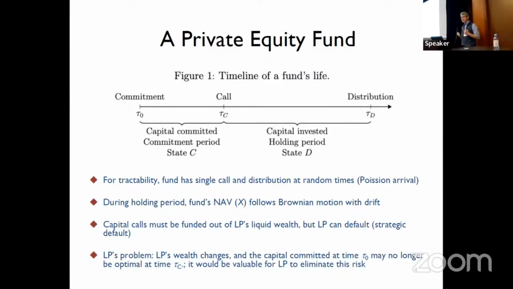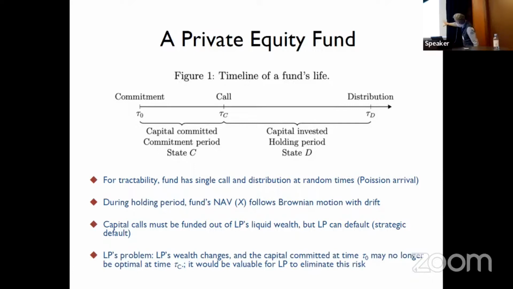Now, the problem that this creates for the LP is that you may commit $1 of capital to private equity today, but after a time has passed and this capital is called, you may regret that you only allocated $1, and you may have wished that you had committed $2 if your wealth has increased. Or even worse for the LP, if your wealth has declined and you're in crisis, then this $1 may at that point be too much, and you would regret you had committed that much. So there is this lag from the commitment to the actual investment, and that creates a friction for the limited partner here.